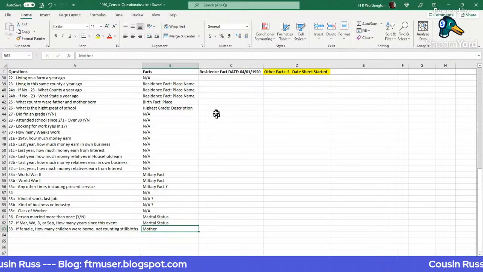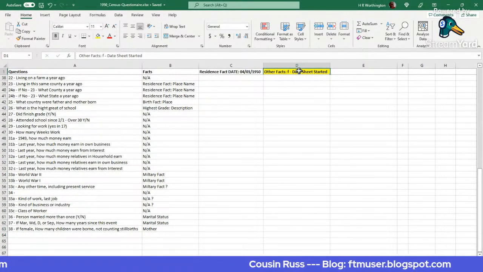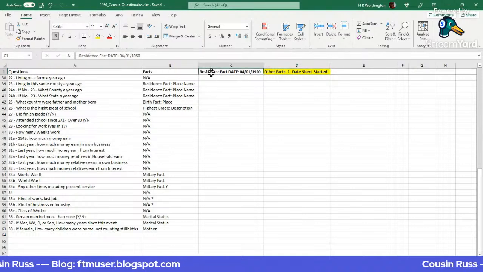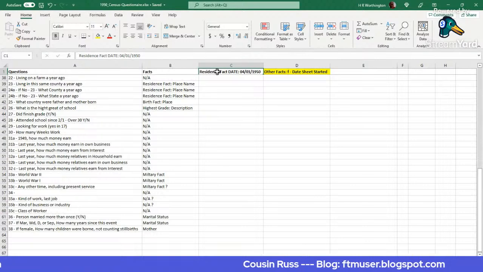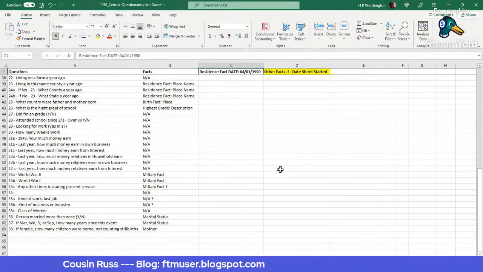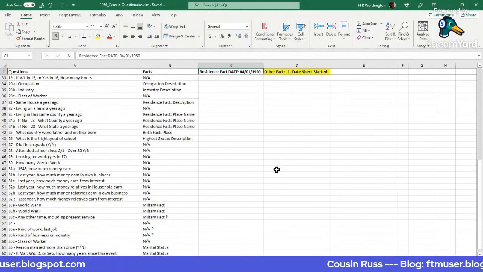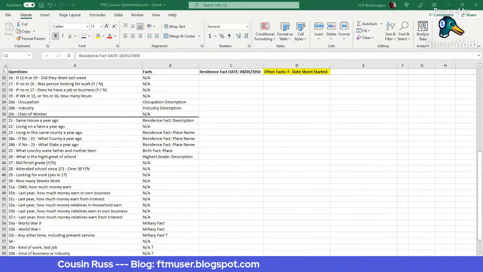The residence fact, just one more time, all the facts that I include will carry the date that's at the upper right-hand corner of the screen, and the residence fact will always be 4/1/1950. That is the official date of the census record. So I just went through all of the questions that are on the census,